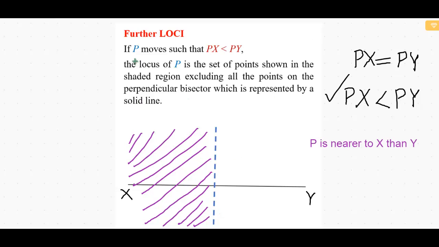This question sometimes can be asked like this: find the locus of point P such that P is nearer to X than Y. In this region, P will be nearer to X than Y. So this can also be asked like this: